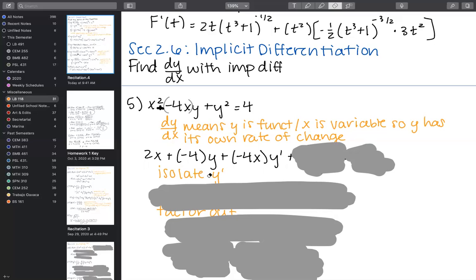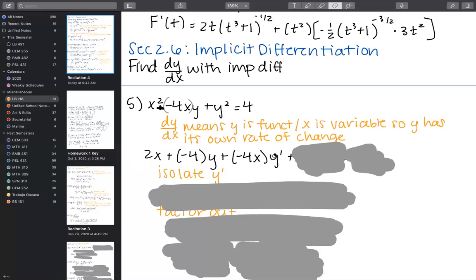So I guess I'll give you guys a second to let this soak in if you guys aren't yet familiar with implicit differentiation, but this is what it boils down to, and it's exactly the same as what we would have done with variables in the past. However, say if y was tangent of x, we would not write tangent of x prime, we would write secant squared of x. But we're not working in those terms, we're working in terms of variable and function. And so we have to recognize that since it is a function, it has its own rate of change.